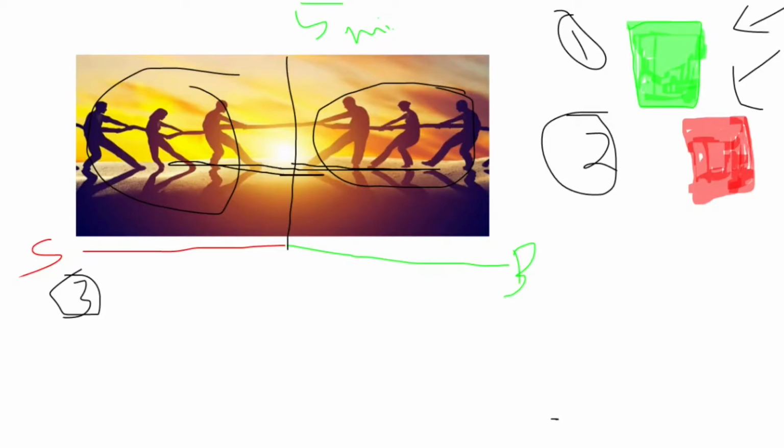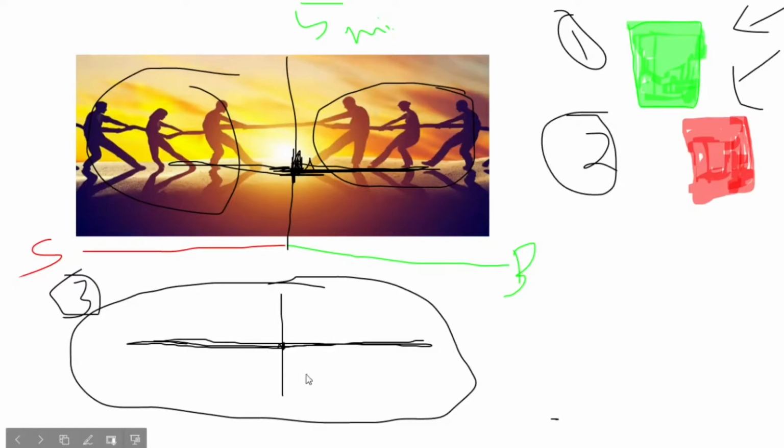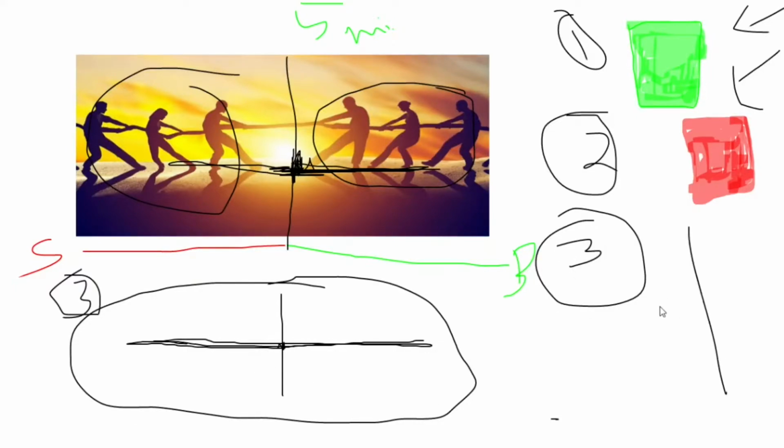Both teams will put the same effort and at the end of the 5 minutes the tug will remain in the center with slight movement, because both teams will put an equal amount of power to pull the tug to their side. I will represent that in this way upon my conditions. So I will write this one in my point table. In the third match both the teams were strong and no movement happened. The tug was in the center only. I just rotated it. It was in sideways. I just made it straight.